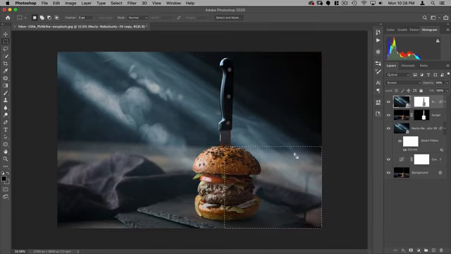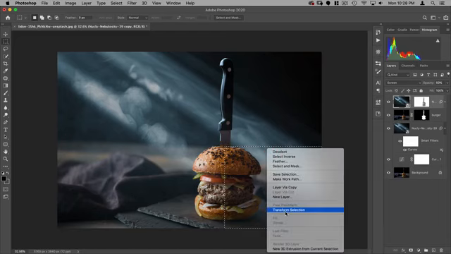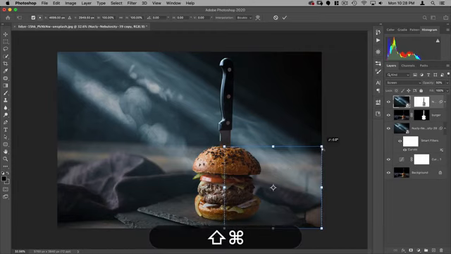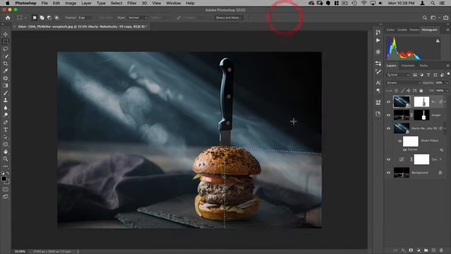Now I could use a lasso tool, but a nice thing about selections in Photoshop is if you right mouse click them, you can actually transform them. So there you go. I'm not transforming my layer, I'm just transforming my selection. So what I can do is hold down Command, just grab on this little anchor point here and drag it down like this. And then hit OK.